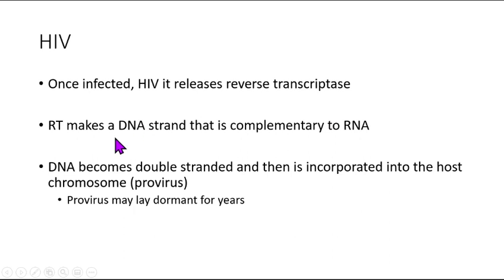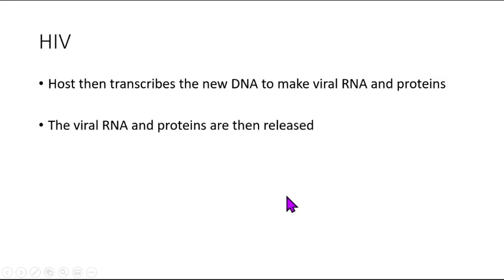The DNA incorporated itself into your DNA and becomes a provirus, and eventually that provirus lays dormant and eventually can transcribe and translate viral RNA and viral proteins, which, same thing with the bacterial one that we talked about before, creates all new little baby viruses,